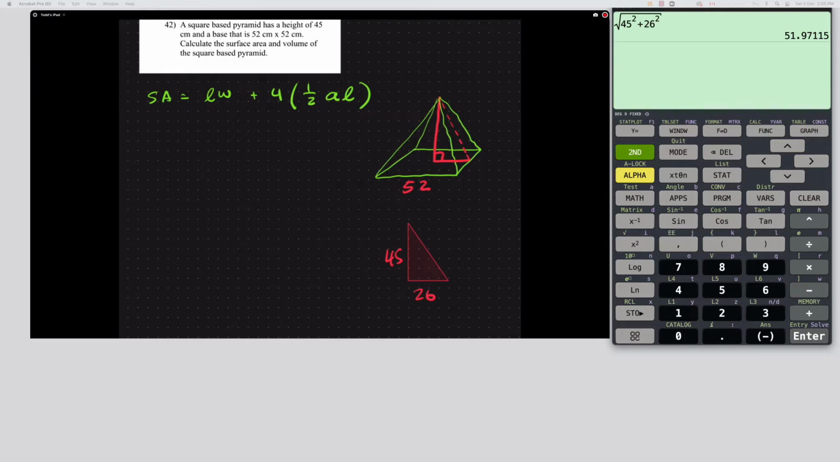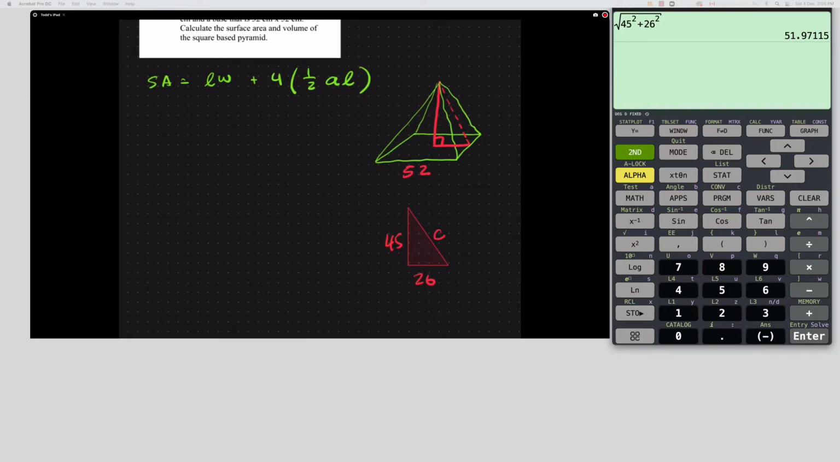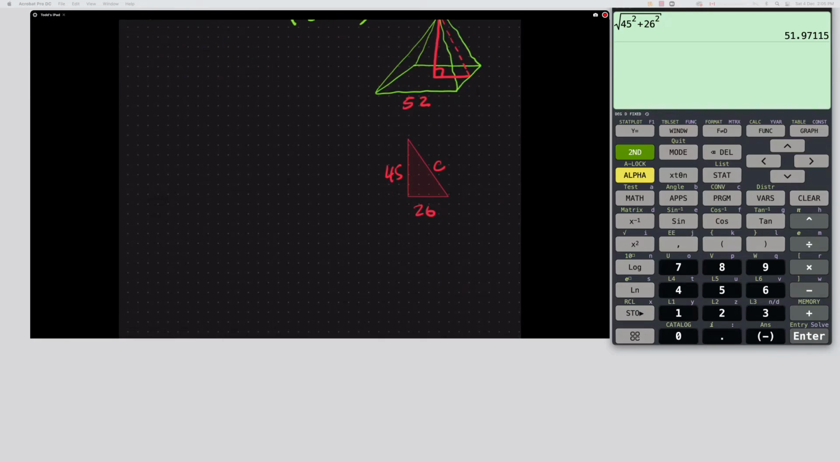So basically what we need to calculate is that C right there, and we will just use Pythagorean's theorem, and that's going to be C squared equals A squared plus B squared. C equals the square root of A squared plus B squared. C equals the square root of 45 squared plus 26 squared. And C equals, well, we just want to shove that in the calculator, and I've already done it up here,